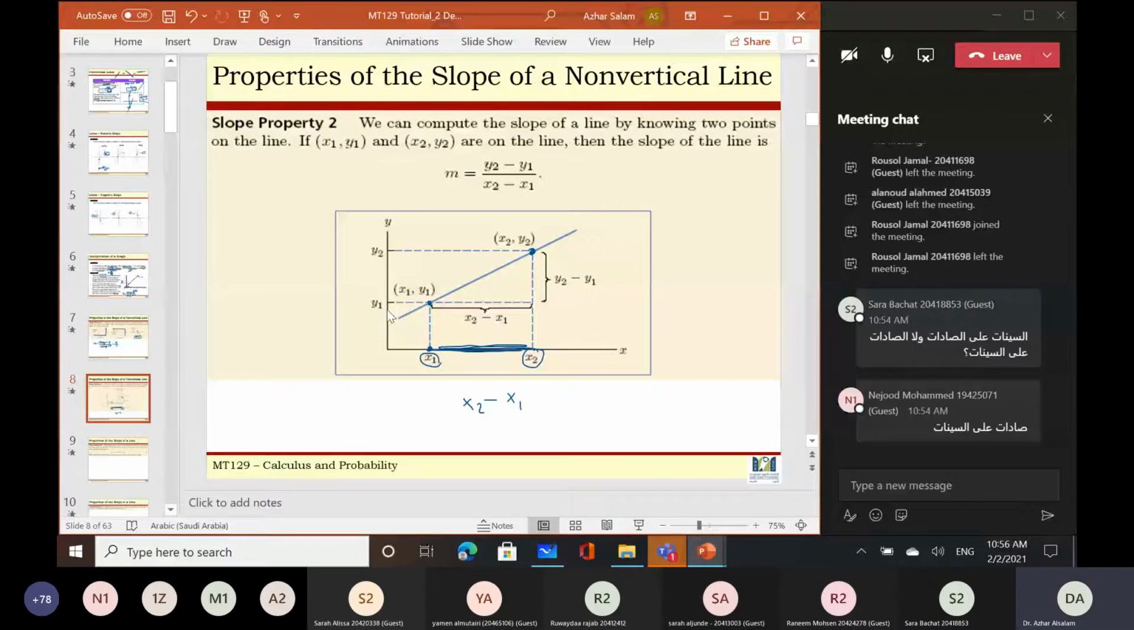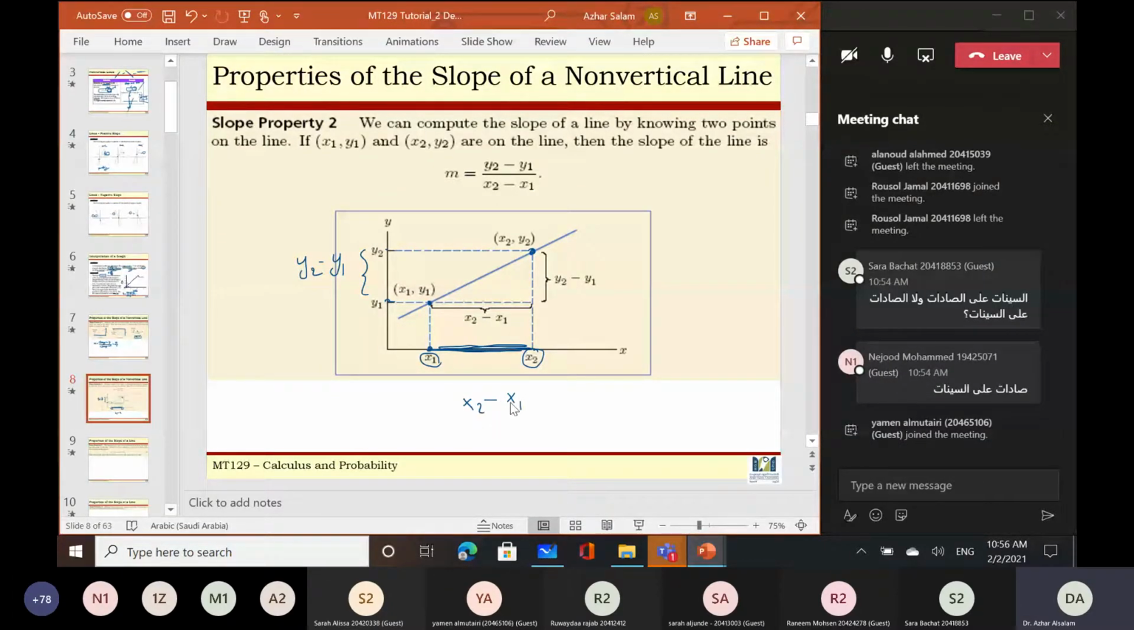Also for the Y-axis, the Y component here is Y1 and the Y component here is Y2. To find this distance, it will be Y2, the greater number, minus Y1. Okay? When I move 1 unit here, my unit here is X2 minus X1, I have to move the same difference here by the slope Y2 minus Y1 in the Y-axis. So the slope will be the change in Y, Y2 minus Y1, divided by the change in X, X2 minus X1. Okay? Actually, this rule